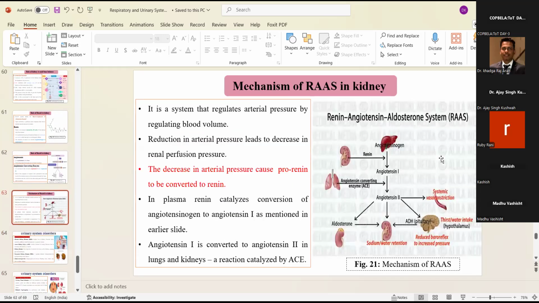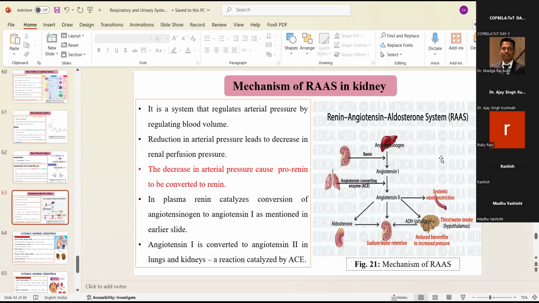biological functions. When there is a decrease in the arterial blood pressure in our body, or there is an alteration in the blood pressure, then this renin and RAS system will activate. Angiotensinogen is converted into angiotensin 1 in the presence of renin, and this angiotensin 1 is converted into angiotensin 2 in the presence of ACE enzyme. This angiotensin 2 shows various biological actions in our body that help in the retention of sodium and water. It also reduces the